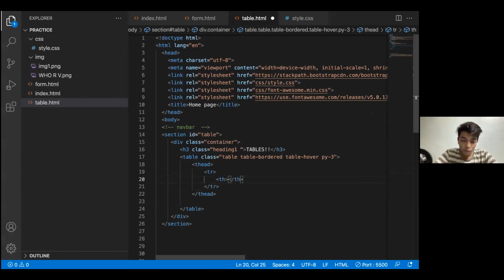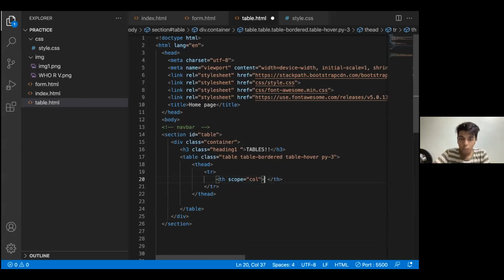So the table heading should have a scope. Scope basically means, okay, what went wrong? Okay, I need to write in here. I also need this up. So basically it means where that particular part is being placed. That means the particular part has a scope of either a row or a column. So I want that to be in a column.